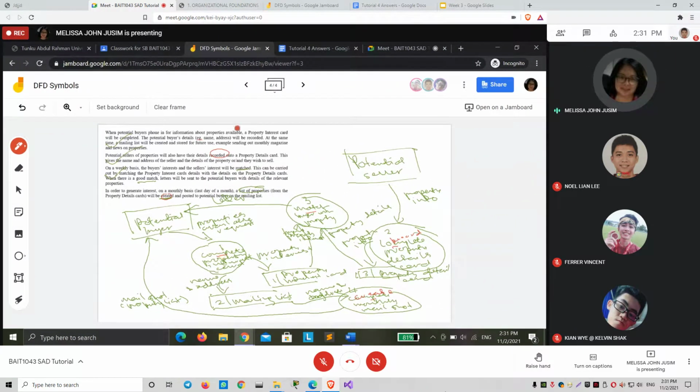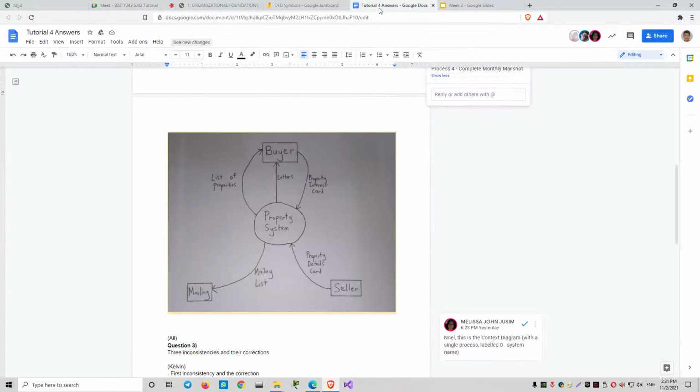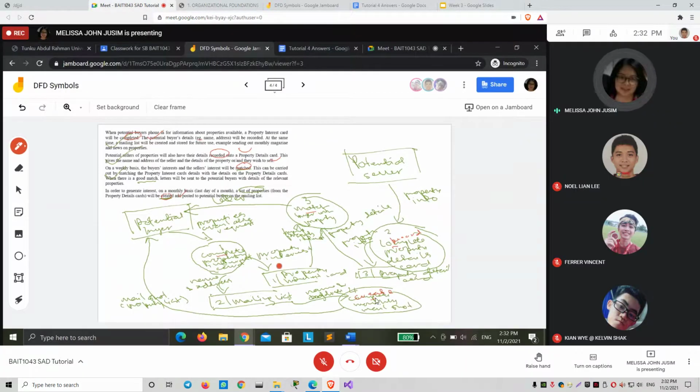Okay, this one is exactly from here, and then the match. From the verb here, you know that this is what the system will be able to do. 1, 2, 3 processes. And apart from identifying the processes, you must identify external entities. And then sometimes this part, because it's not really explained, right? But this is where you need to apply your logic